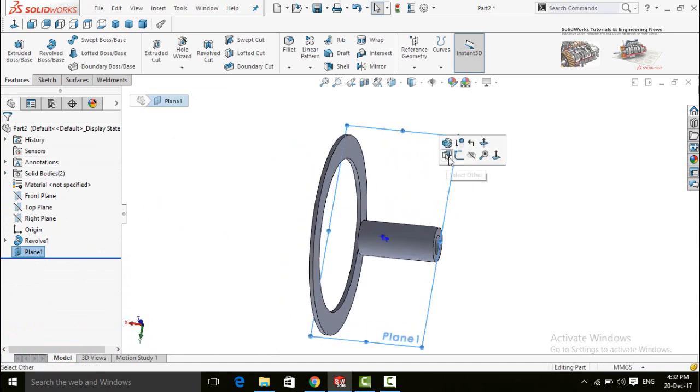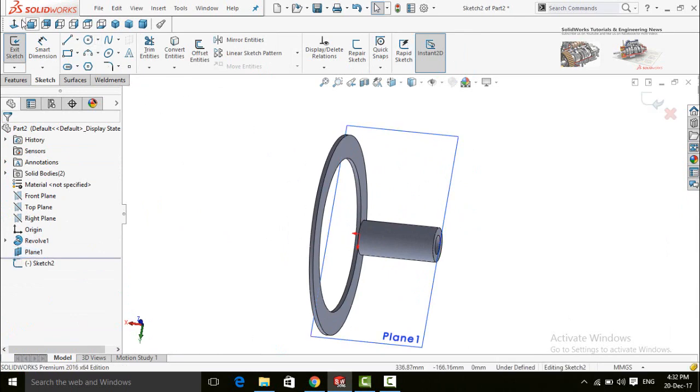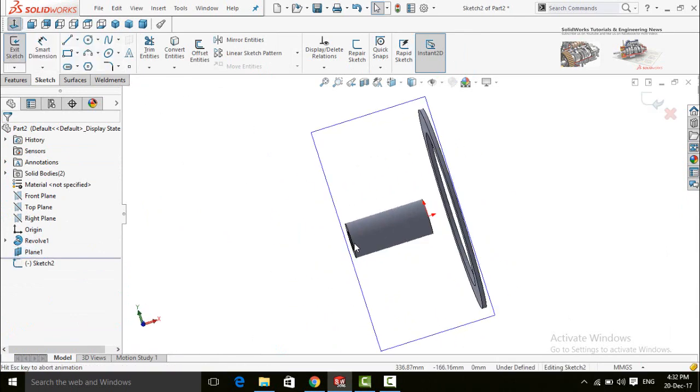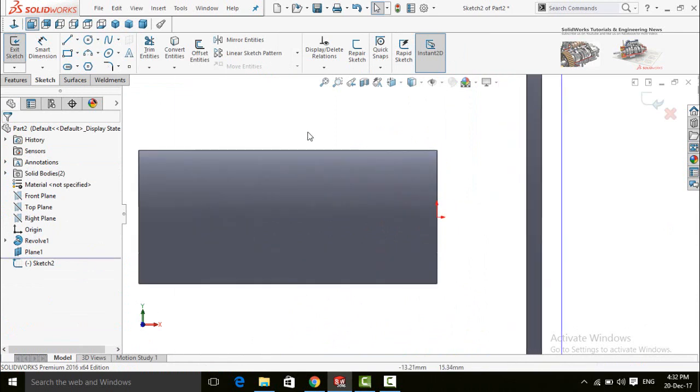Now click on this new plane and sketch. Make normal to by pressing this button. Draw 3-point arc.